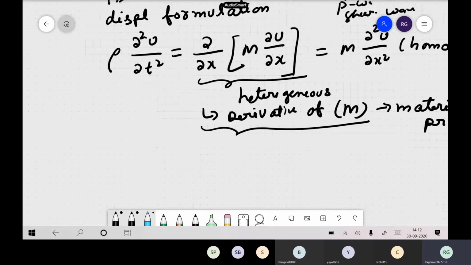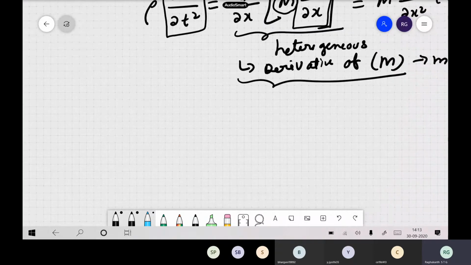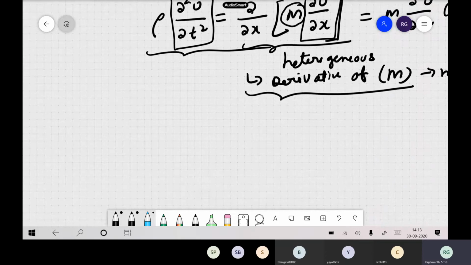See, now we already sorted out numerically, you followed, right, how to represent this. Now this is another headache: what order scheme we have to use, second or so, this gives rise to a lot of complications. So what we try to do in this approach is we don't use a derivative of m, we use another easy fashion. So in this equation, you pull everything down to one side.